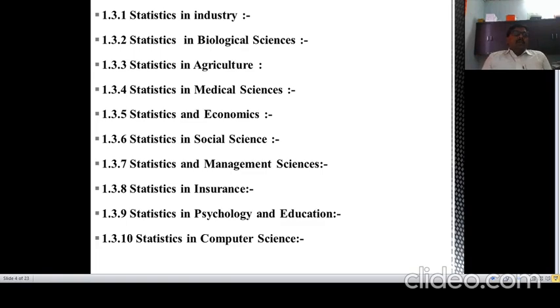Now the next point is statistics is used in biological sciences. Scientist Sir Francis Galton used statistics in studying heredity. He pioneered the use of statistical methods in biological sciences. The regression analysis was used by him in the field of genetics. Scientist Mendel performed number of experiments in the field of genetics. Demography